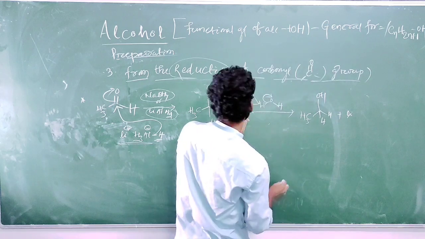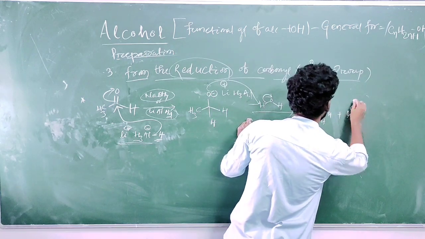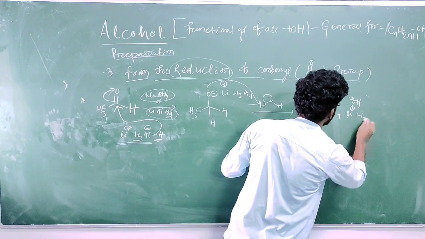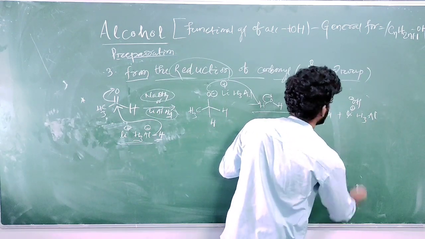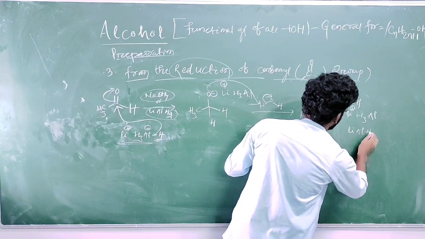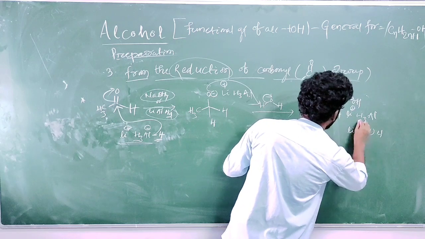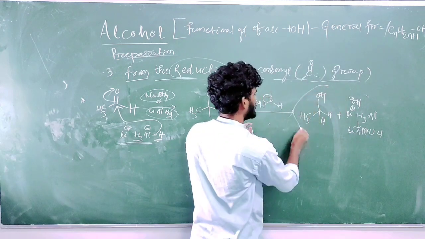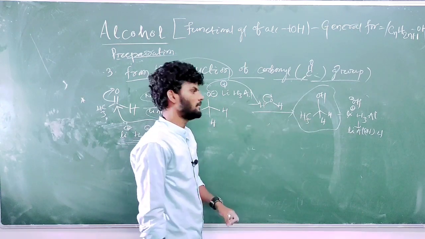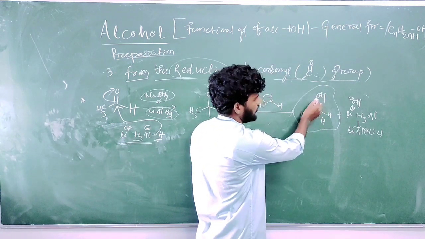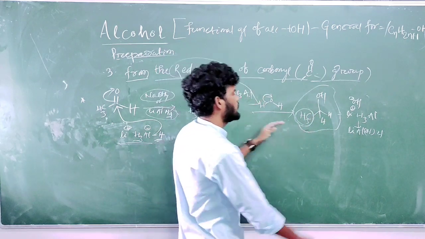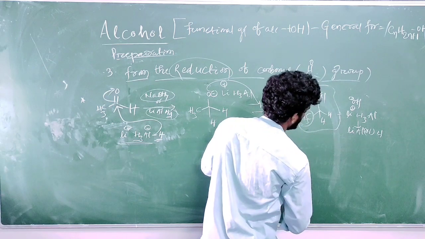Lithium plus OH minus, here is OH minus, here is lithium plus H3Al. Okay, you can also write it as lithium aluminum OH H. So this structure, what is it, 1 degree or 2 degree or 3 degree alcohol? The carbon atom attached to oxygen is only attached to one carbon or methyl group. So this is known as 1 degree or 2 degree?